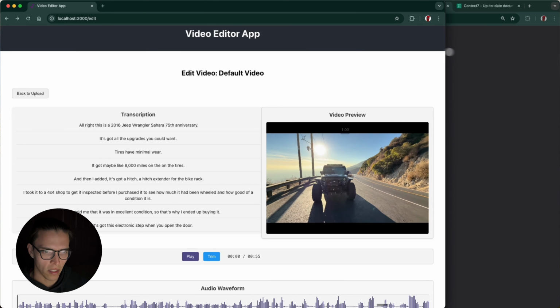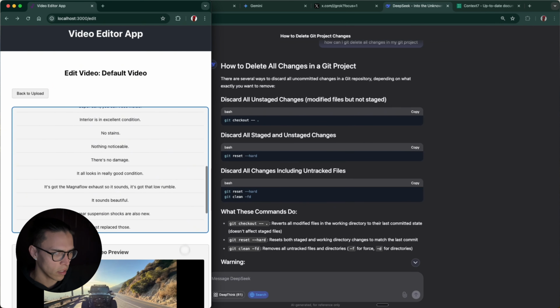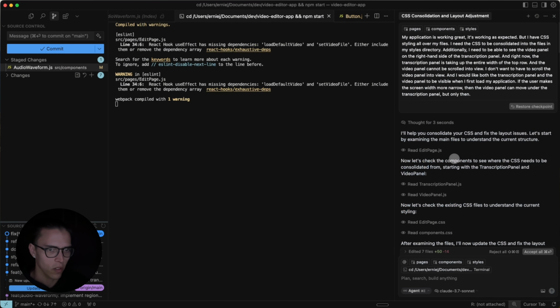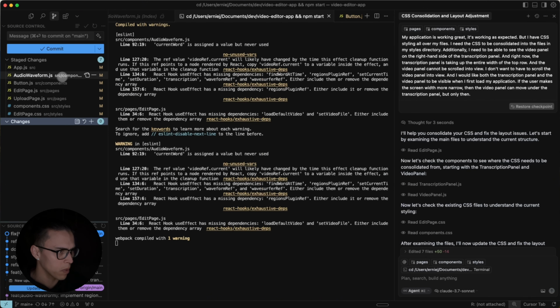If I make this window smaller, what happens to the video? So eventually it does move to the bottom. There's still some styling we need to fix, but it's looking a lot better. Okay, so I do want to commit these changes. So let me unstage the audio waveform first. I'll stage everything, but I'll make sure to unstage the audio waveform because I only want to commit the CSS